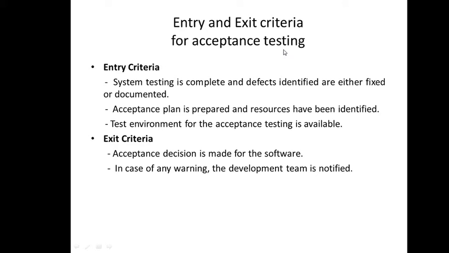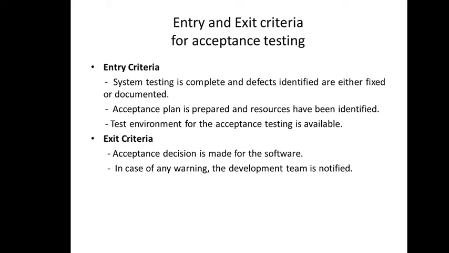So once you are going to carry out this acceptance testing, we have to check whether it fulfills the entry criteria, then only we can start with this, and this testing ends if it fulfills all the exit criteria. So what is the entry criteria for acceptance testing? You can also assume it in a sequence: like we did unit testing earlier, then integration, then functional testing, then system testing, and then we are doing acceptance testing.